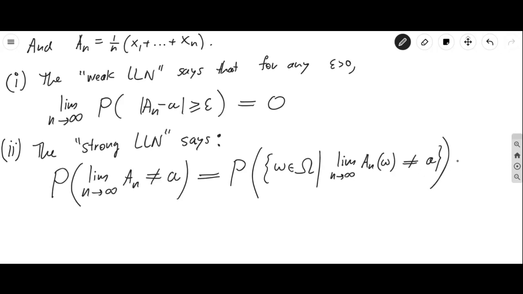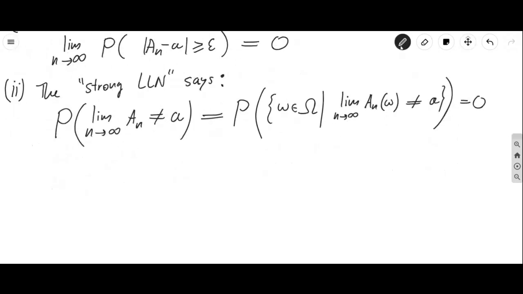Then the event happens with probability equal to 0. To illustrate what I'm saying in the context of random walks, we're saying that the event that the limit of an is not equal to 0 happens with probability 0. So to illustrate, let's produce a sequence of heads and tails where the empirical average does not converge to 0. For example, if you have the following infinite sequence of heads and tails, let's say they're